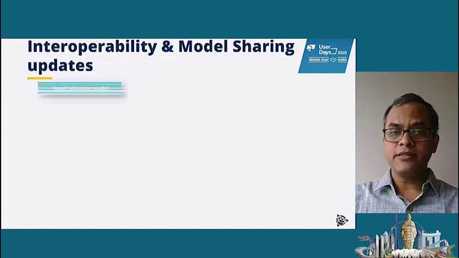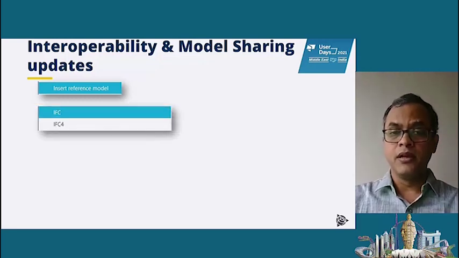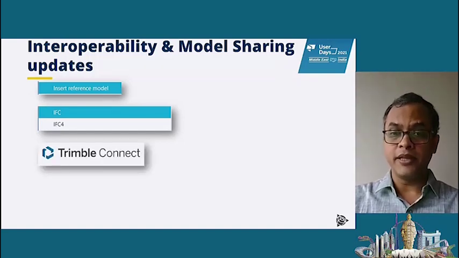So during this session we are going to see what the improvements are related to the reference model, and the enhancements on the IFC export side. We have many interesting enhancements related to the interoperability with Trimble Connect.